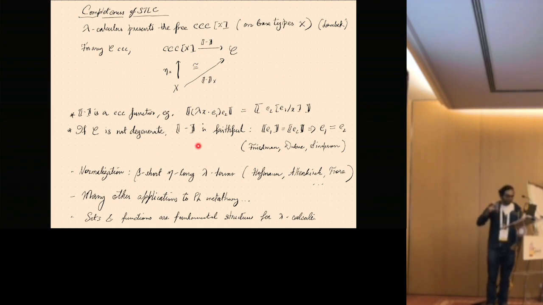Okay, so this is great, but what can you do with this? Well, there are many meta-theoretic properties of the lambda calculus that fall out of just this basic fact. If you had to show that lambda calculus has normal forms or strong normalization, you have to give it a reduction semantics and prove Church-Rosser by doing very complicated induction. But these tools give you a reduction-free way of proving important normalization results. Okay, and the other fact is that sets and functions are, because it's Cartesian closed, a very fundamental